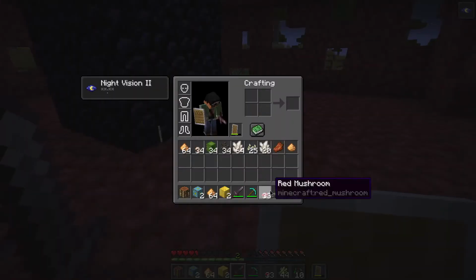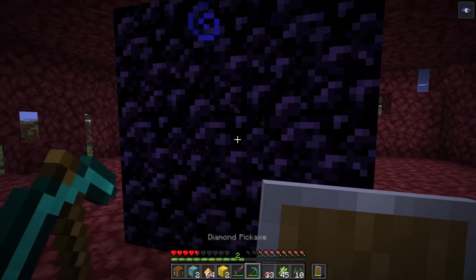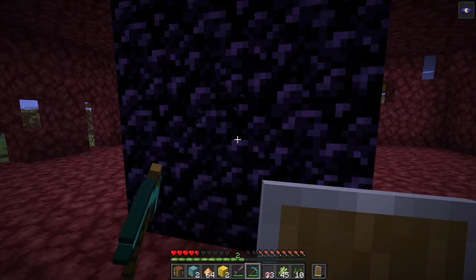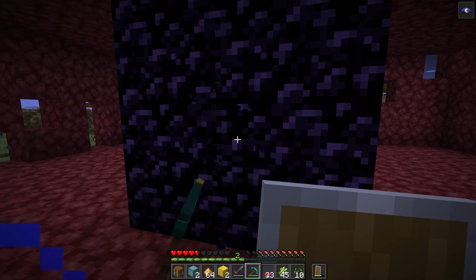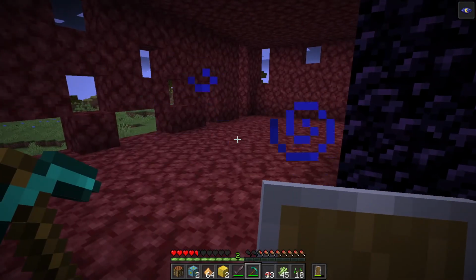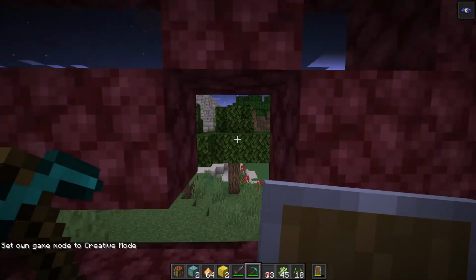But as you can see, I got a bunch of items, and we can break through this obsidian here, and we'll see that the core is in there that we can get back. I don't want to do that. Let's do this in creative. There it is. And so